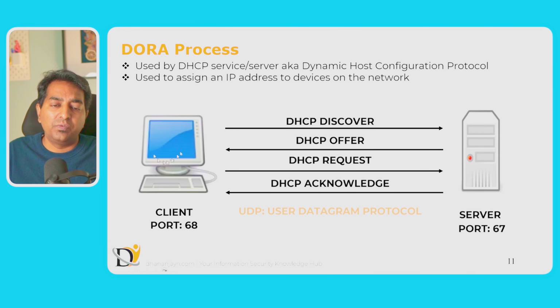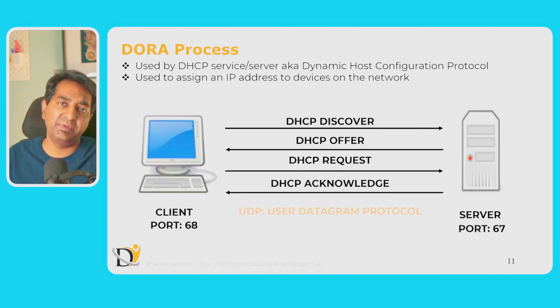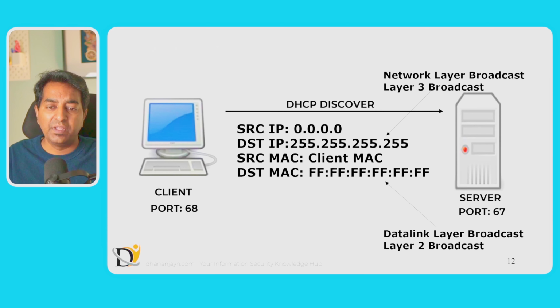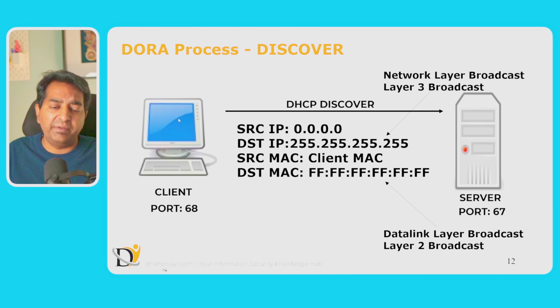Now, in the first phase of this DORA process, the client sends the DHCP discover message, which gets sent to all the computers on the network. The DHCP server usually operates on port 67 and the client operates on port 68. So these port numbers 67 and 68 are used by the DHCP DORA process, or the DHCP protocol. First, understand what the DORA process is. If you look here on the left side, this is the client